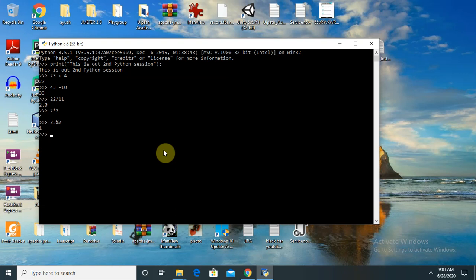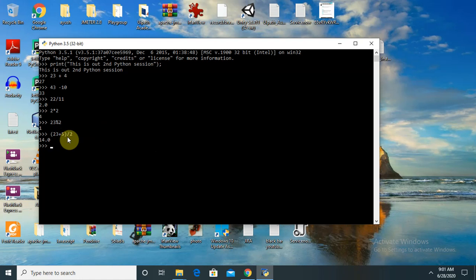If you want to do a complex operation, let's see how it looks. 23 plus 5 divided by 2, you can see 14. 23 plus 5 is 28, and when you divide that by 2, it becomes 14. So it is possible to do mathematical operations on complex expressions as well. As you can see, we are performing multiple operations at once. By this way we can do our mathematical operations.